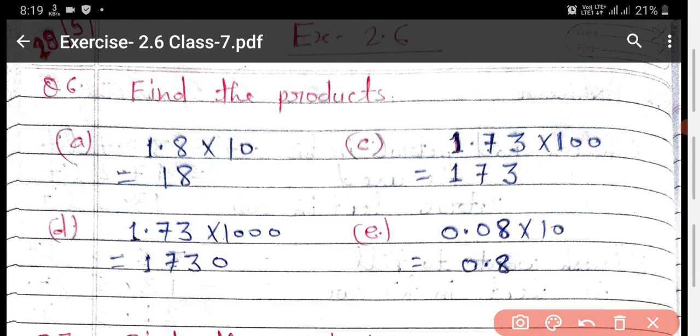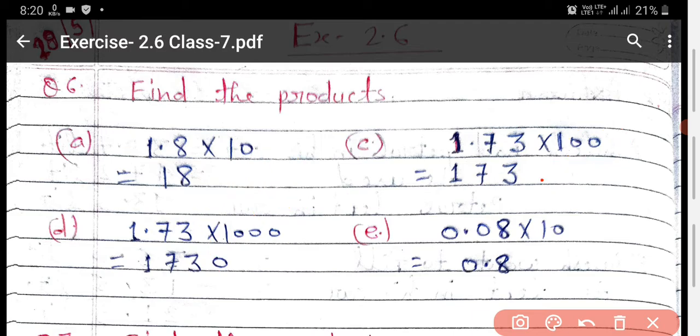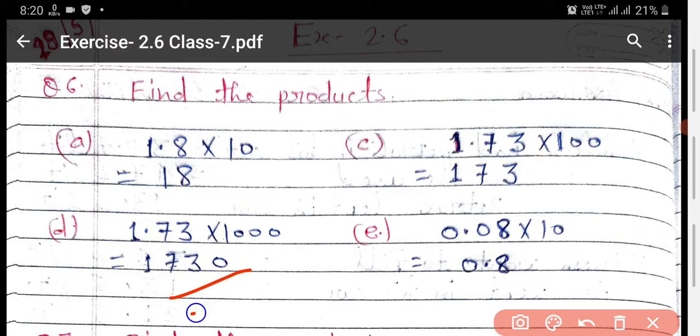Now just see here, 1.73 times 100, so this decimal moves two places to the right side. Multiply means shift to the right side, how many decimals? 2. So one place, two places, the decimal will come here. So it becomes 173.0, and 0 is useless, so you write only 173. Now just see here, it goes up to three places. So 1.73 multiplied by 1000 needs 3 places. So right here 173. Now count 1 place, 2 places, and it needs up to 3 places. The third place is not present here, so from your side introduce one 0 here, then the decimal is useless. So your answer is 1730.